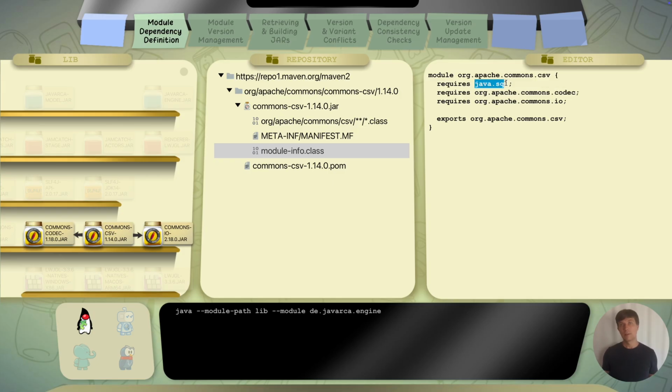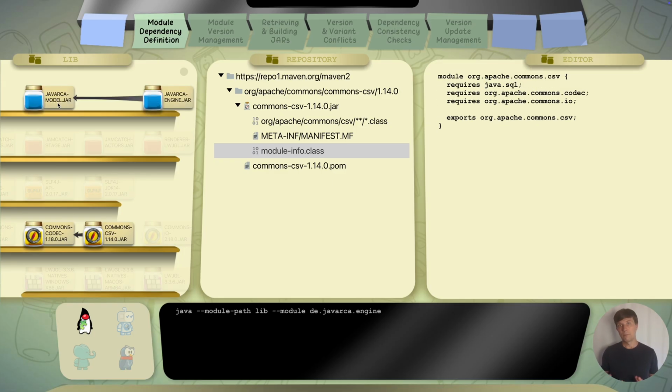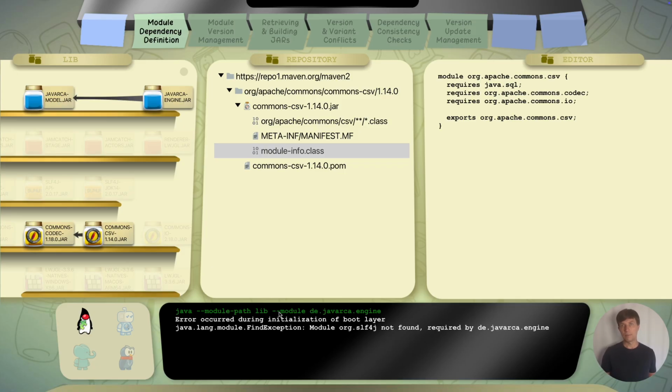In this case, the modules are java.sql, Apache Commons Codec, and Apache Commons IO. The java.sql module, which we don't see here in our shelf full of jar files, is a so-called Java core module. So it is delivered with your JDK, and that's why it's also not visible as a separate jar file. If you require it, Java finds it inside the JDK installation. And this is the information Java is using if we use the module system to inform us that a module is missing before it is even starting up.